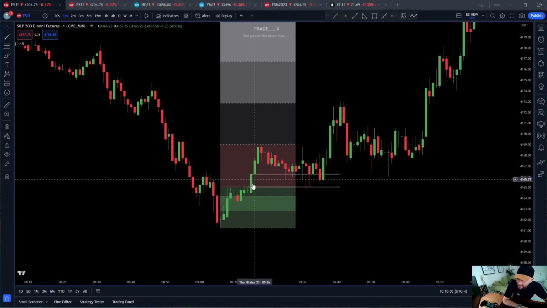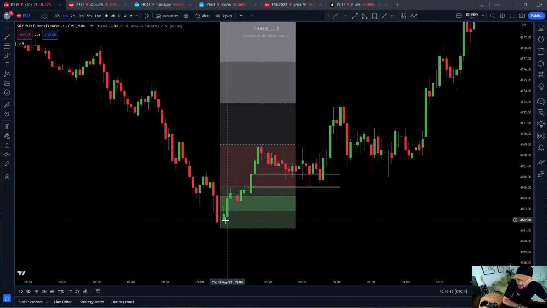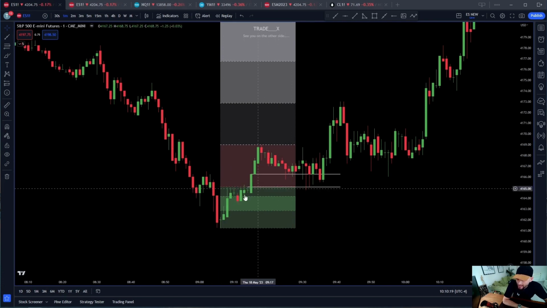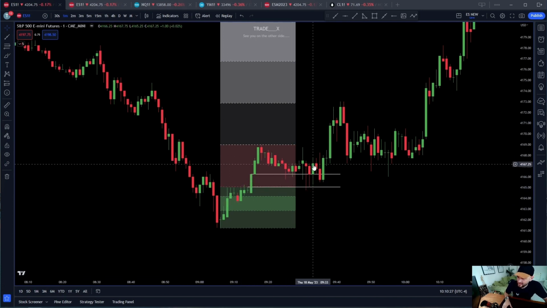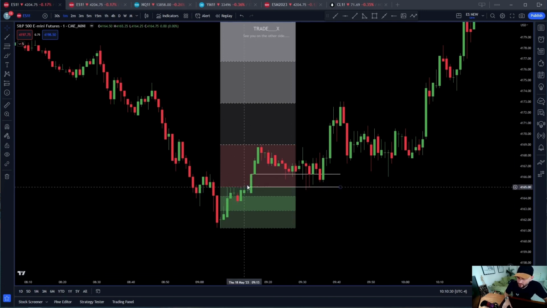So we had this BISI here. We could have looked at the upper quadrant, but if we'd taken the upper quadrant, we would have still been inside of a premium of this range here. Because this range equilibrium is a fill of this BISI, we would anticipate price to come and fill this BISI before moving higher. Okay, this is an example of when we are getting a full rebalance of a BISI before